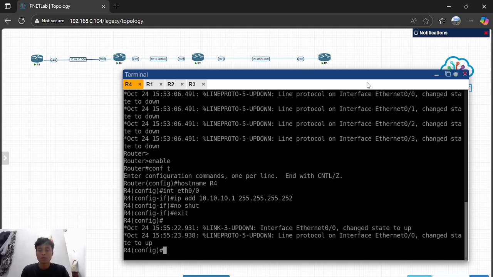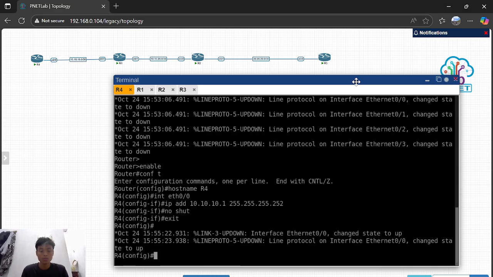And after that, you can configure the BGP. You can write the command like this: router bgp 10.